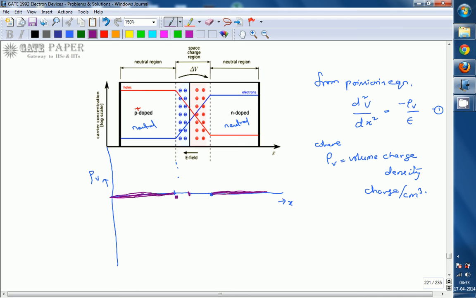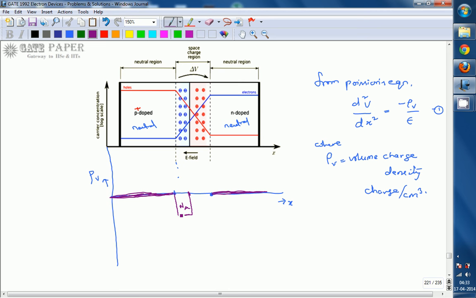How many negative ions you may get at most is nothing but the number of acceptors you are adding to get that p type. That is generally treated as Na. Na number of acceptors will be added to get the p type. So at most you may get Na number of ions if all the trivalent atoms, that is all the acceptors, are ionized, and each is negatively charged,